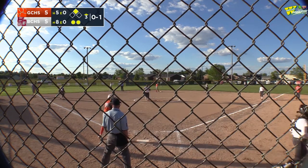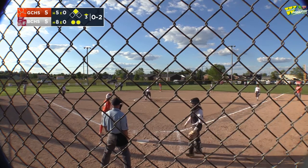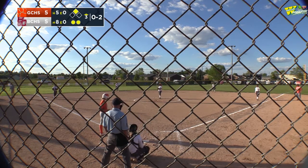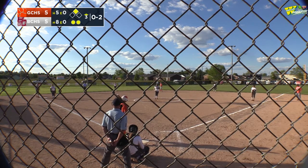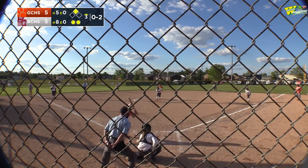So it's 0-2 count now. Kaylee Ball up ahead. Going to have to try to get out of this. Big moment here. You figure just got to get back to the dugout. Yeah. That's all you need to do. Because that's where the fun is in the dugout. It is. Not on the field. I mean, it's still fun in the field, but